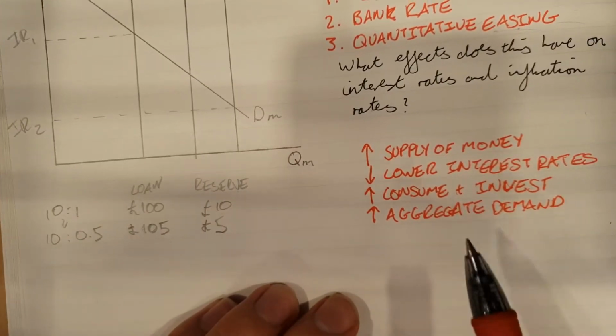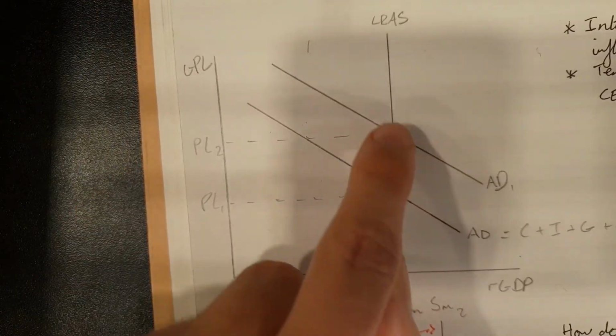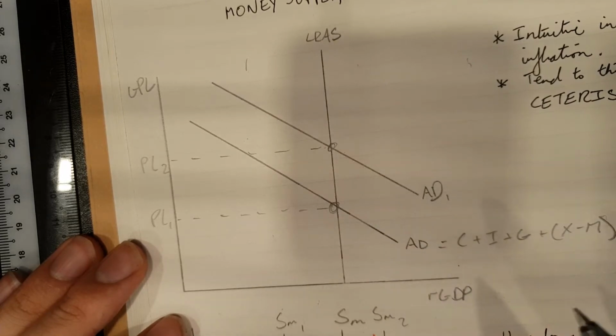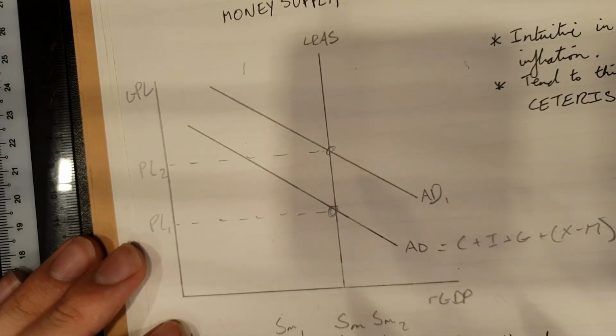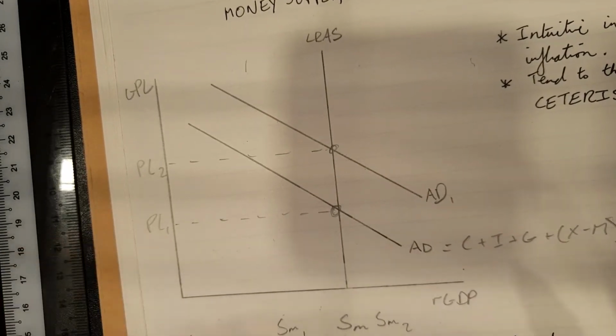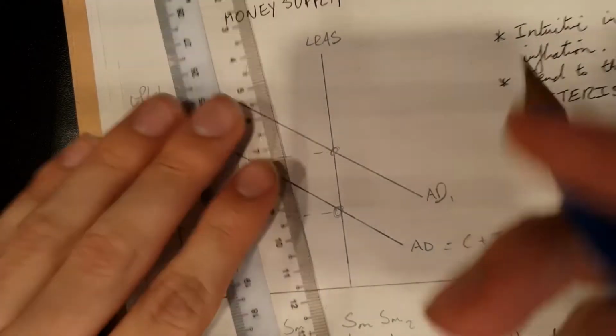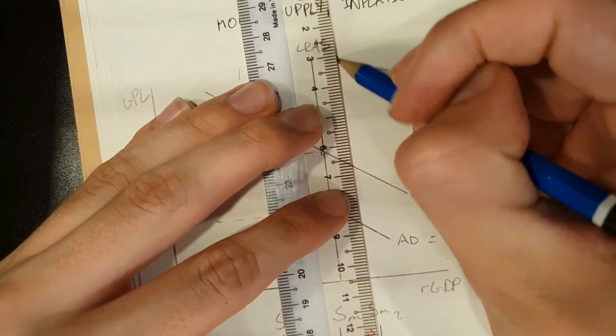This means there's a subsequent increase in aggregate demand, which we saw in our first diagram. Now, if there's no economic growth, which there shouldn't be, because consumption and investment encourages output to expand and thus GDP to expand, or if the shift in the long run aggregate supply curve is only minimal,